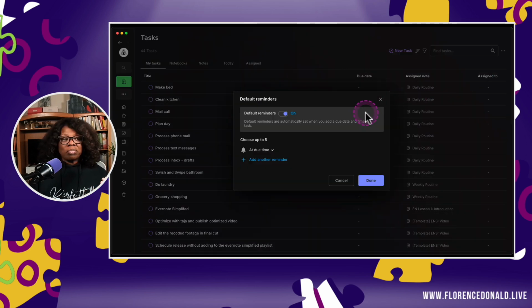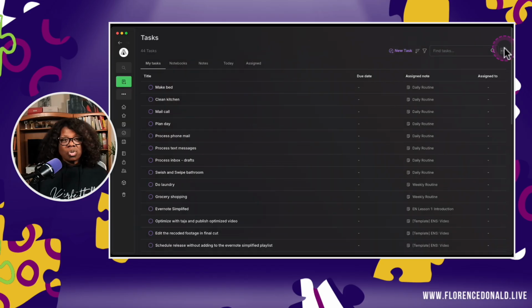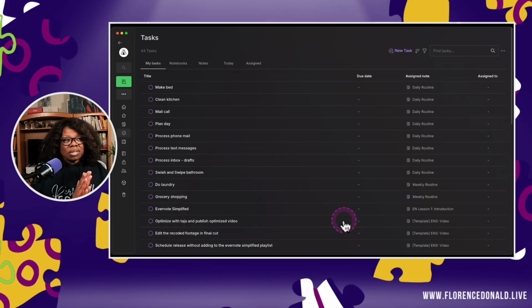Set task reminders if you use them. The reminders on or off. You can choose different times. You can add different times for a task. Say you want to know things that have a 1 day before something is due. You can also change again that default note where your tasks go. That's the